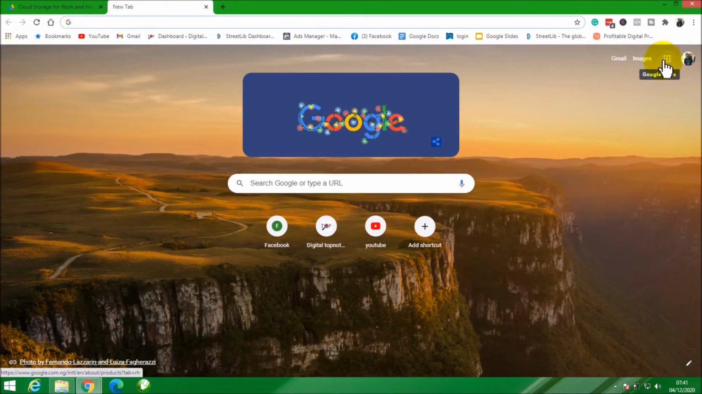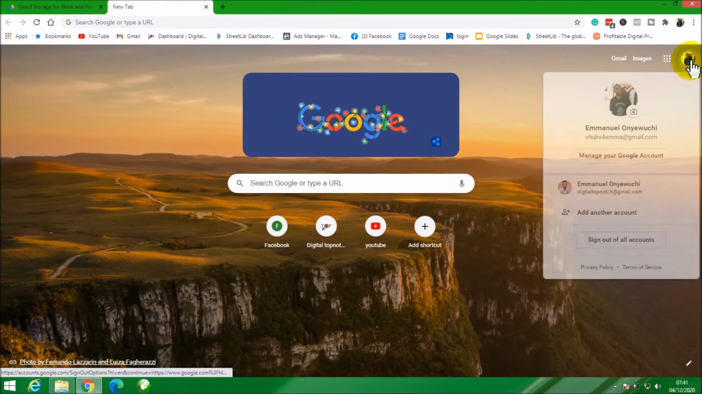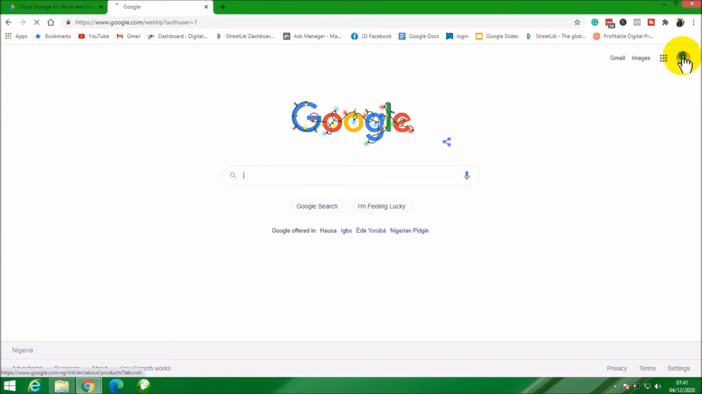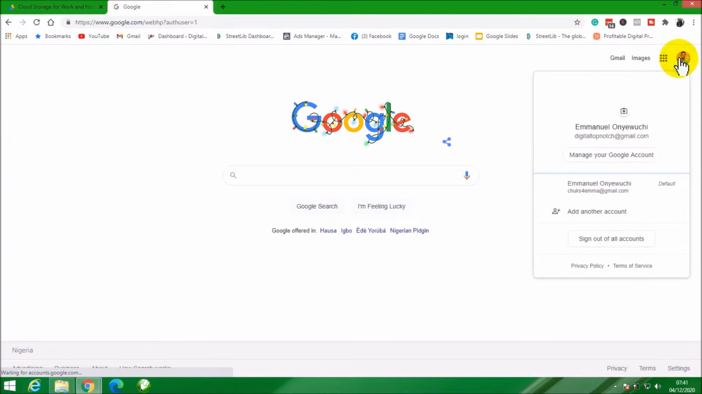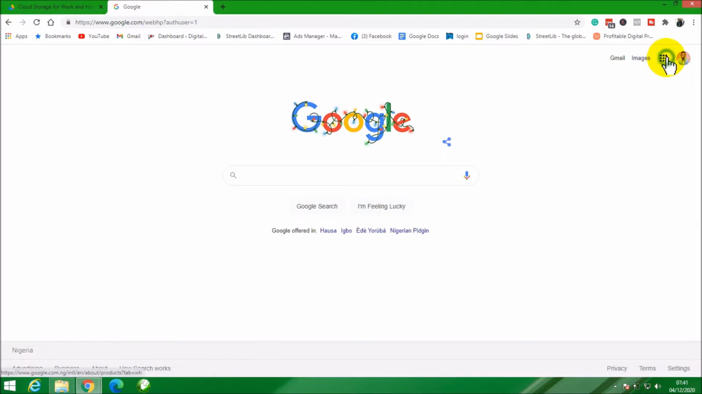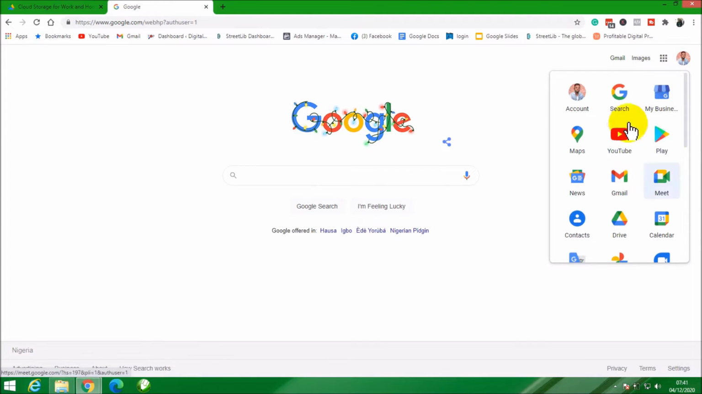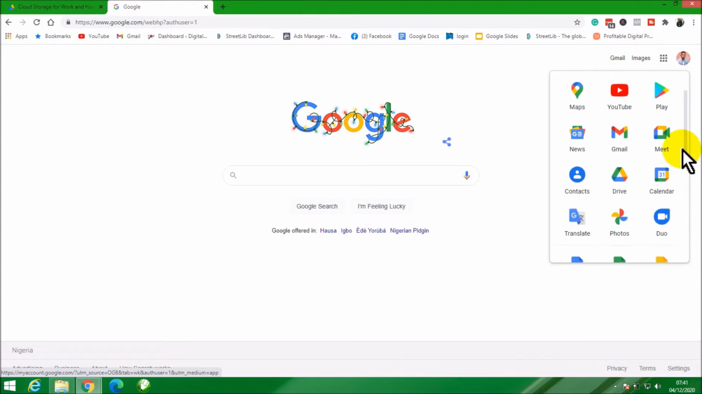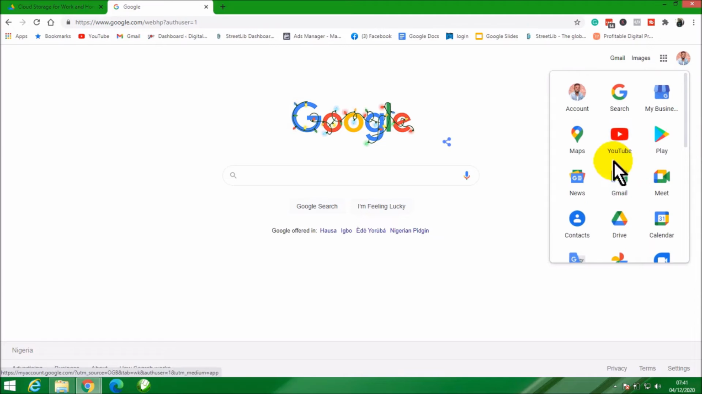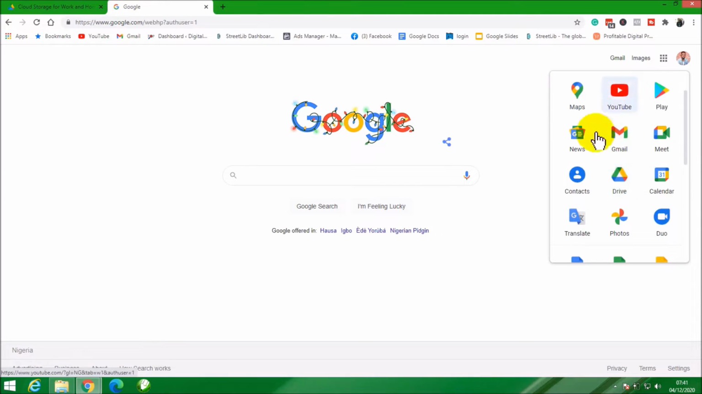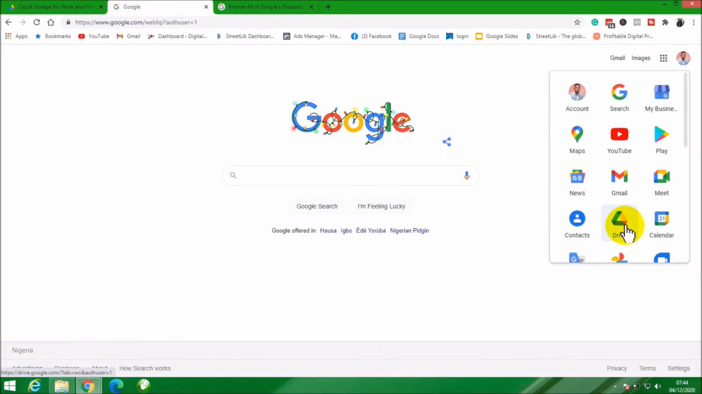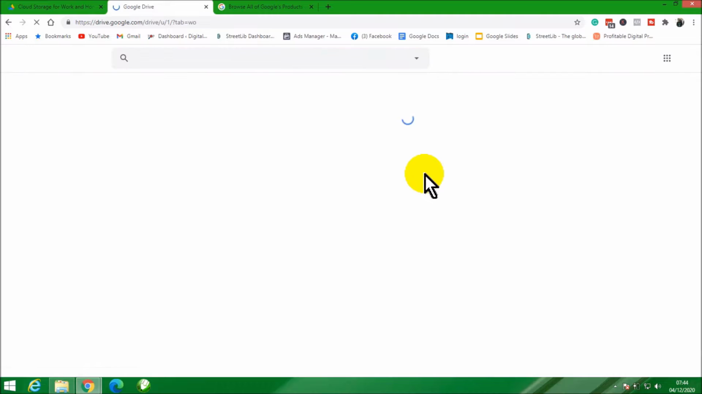Just come to your Google apps here, and first of all make sure you select the account you want to access Google Drive in. As it is here, I have two accounts, but I want to access with Digital Top Notch. So Digital Top Notch is selected. You go to this Google icon, and you can find Google Drive in the list of all these icons. You have all the Google apps here, but basically what we want to do here is just access Google Drive. So I'm going to open Google Drive,